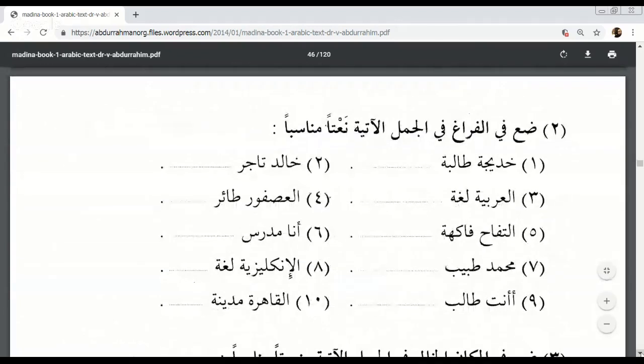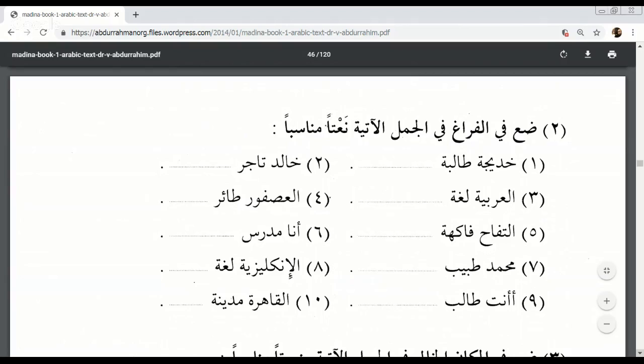Any other questions? Okay, then we can see on the top of page 49, we have to complete the sentences. So go ahead, Zara. Could you read the first one, please? Okay, so it says Khadijatu talibatun. Okay, and it says